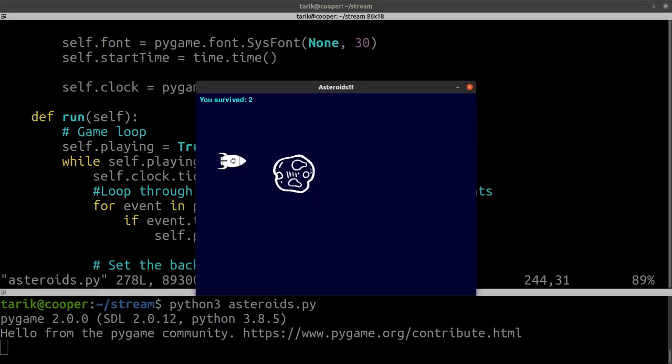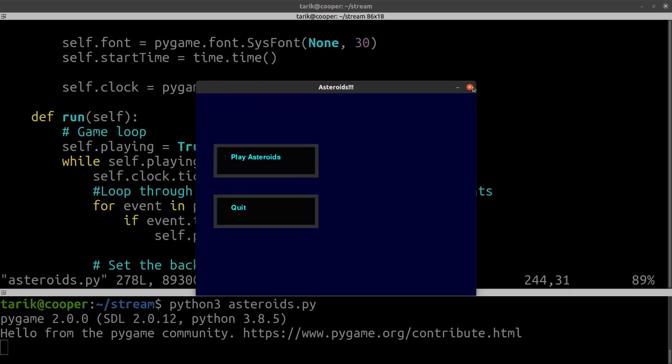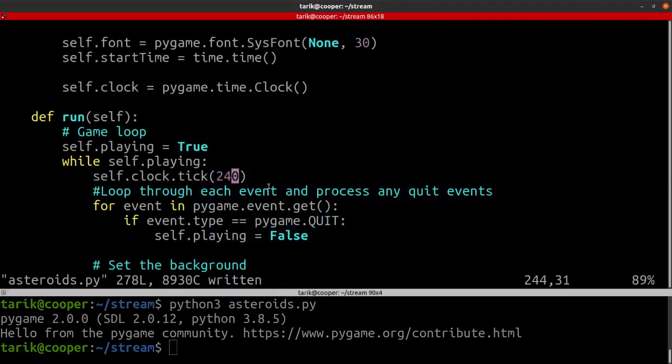Okay, so we're still getting a little bit faster. Now that's all good and well, but what happens if your computer is slower rather than faster? Or we increase the game so it's doing a lot more work, so it takes longer. Firstly, however, let's have a quick look at the maths,